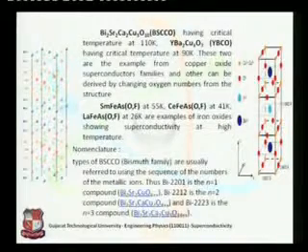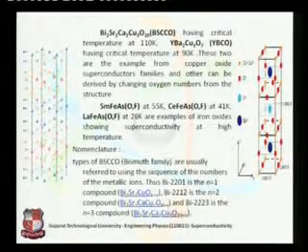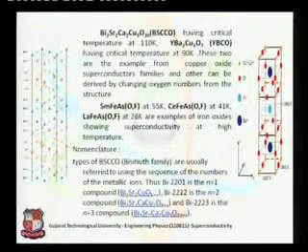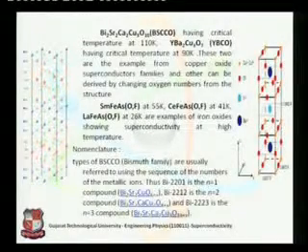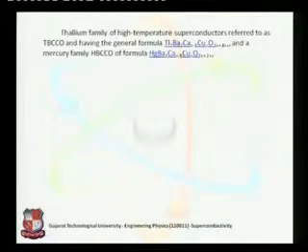And the oxygen amount is varying, because if you manipulate the available oxygen in the family, then we are going to get a different compound. As we are saying that it's a family, we can get different compositions with the help of variation in oxygen and other elements. So these are the high temperature superconductors.